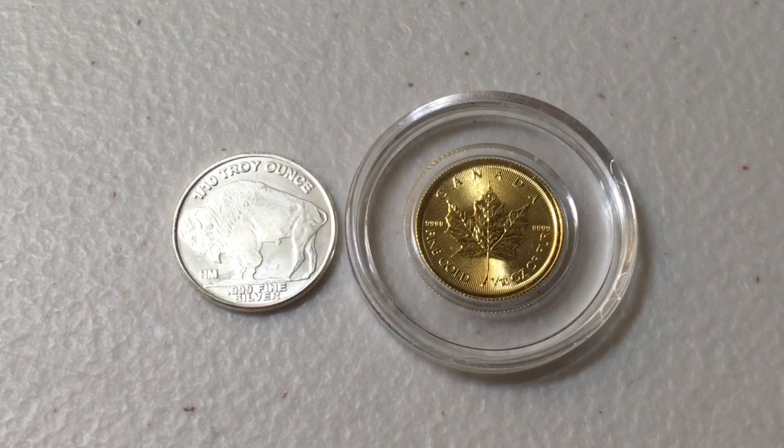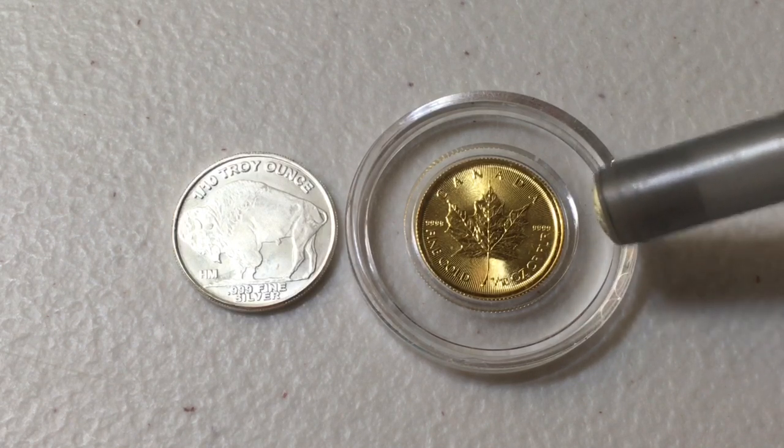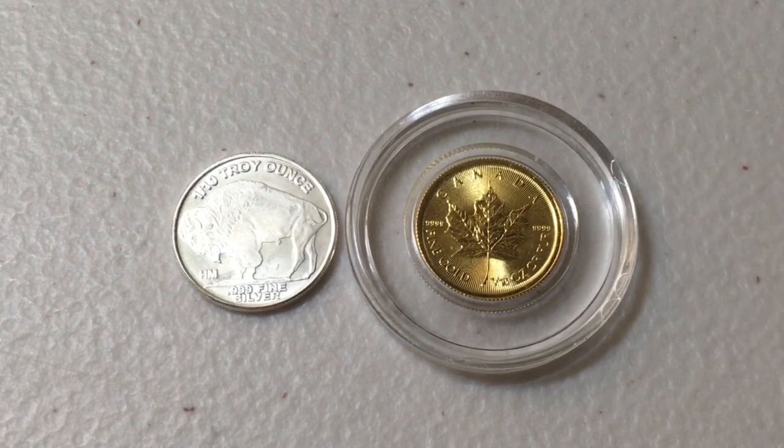it's pretty heartbreaking. But if this, let's just say, were to get lost in the mail, $200 lost or stolen is a whole lot better than $2,000. So that's just the way I see it. I kind of view it as a security expense, so I don't mind. I'm obviously going to try to get the most bang for my buck. I always try my best to do that, but fractional gold,